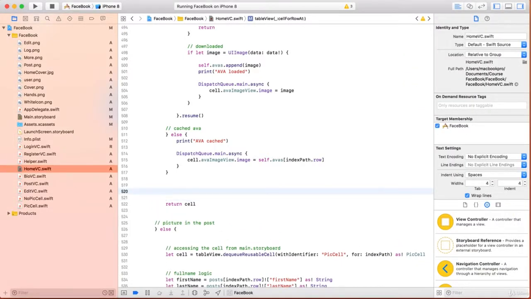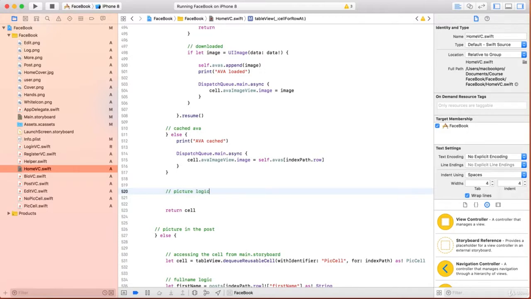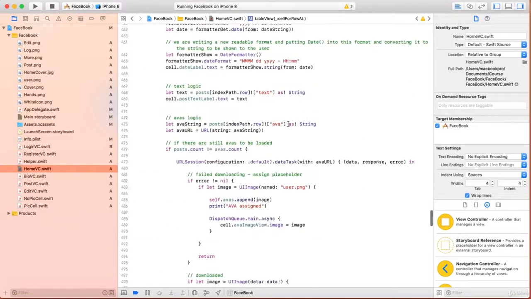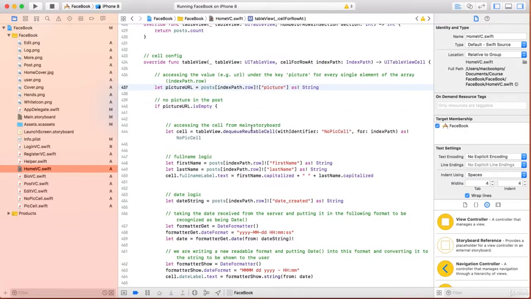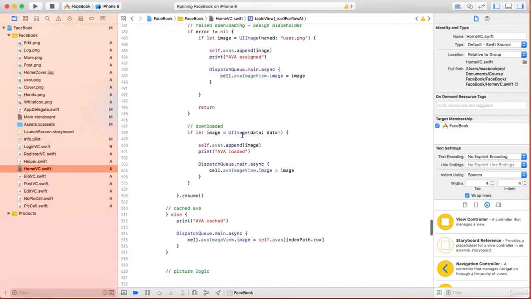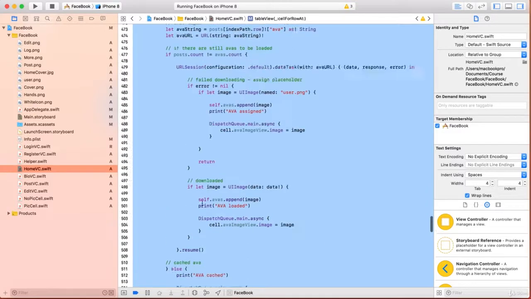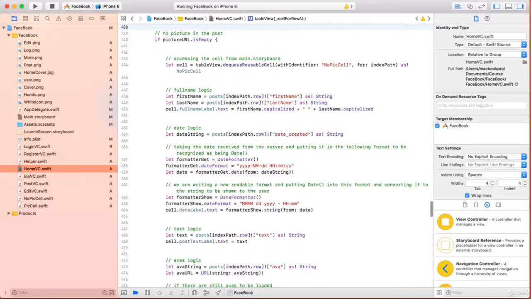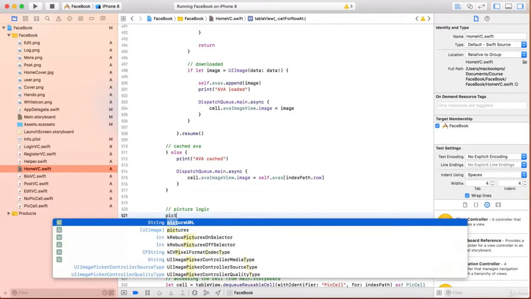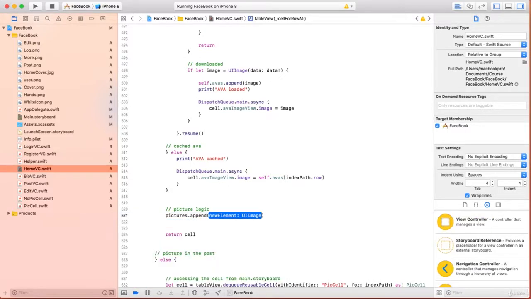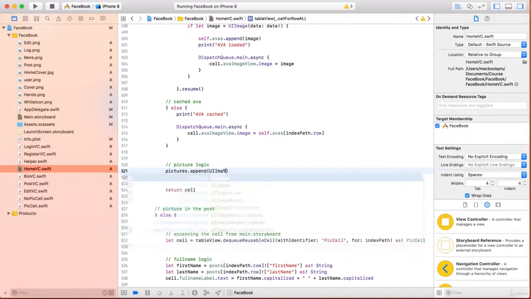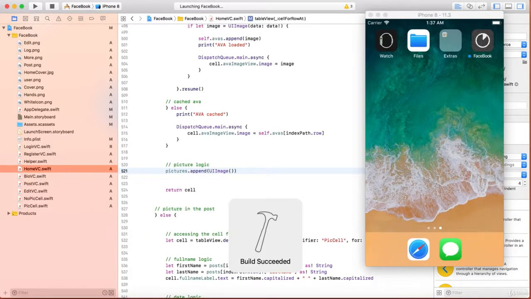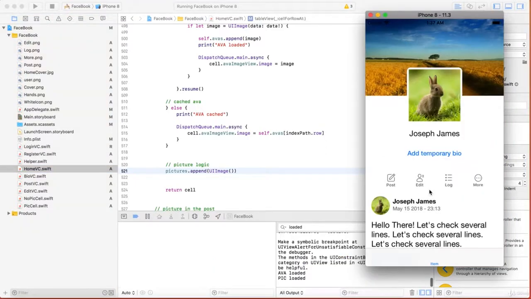So we're coming back here. Here we'll write picture logic. We're coming back, guys, to the no picture if statement. That is the one. This statement. We're coming back here. Picture URL dot is empty, and here at the end we'll write pictures dot append and append an empty image view. So it means there are no pictures to be shown, but still we need to fill a gap. Okay, now